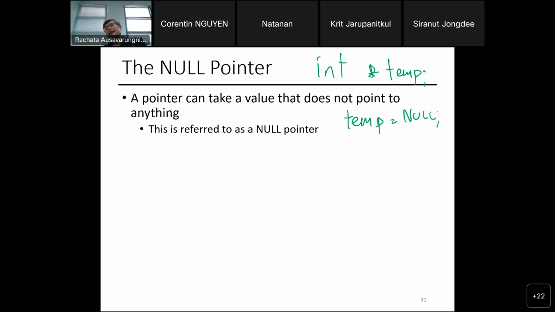So let me start to brainstorm a little bit. Why is it good that an uninitialized pointer points to a null location, which is not pointing to anything yet, compared to assigning a random value to my pointer? Which one is safer?